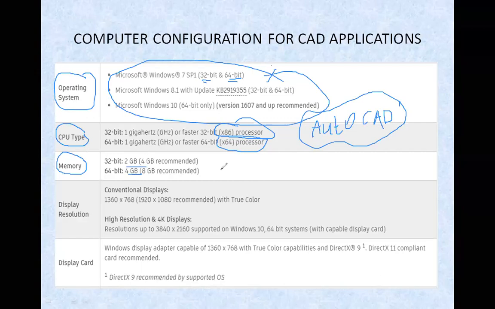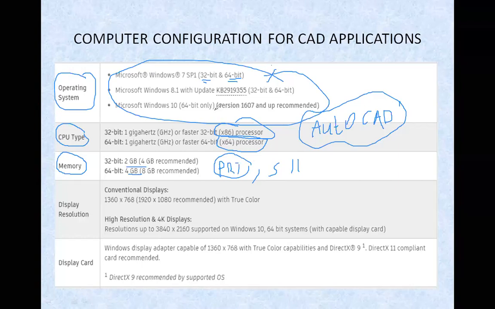We have two types of memory: primary memory and secondary memory. What is the primary memory in the computer? Internal. Yes, very good, internal RAM.